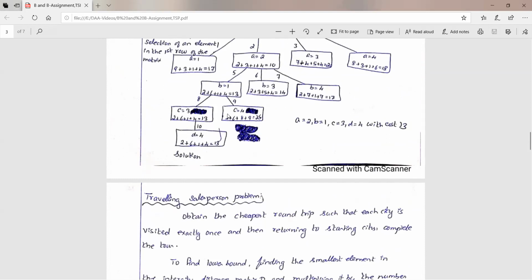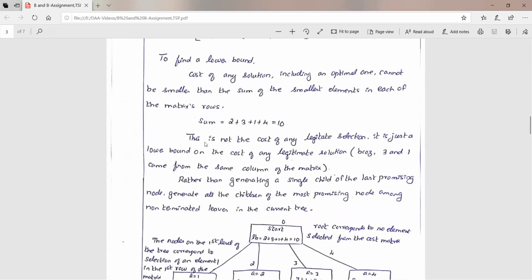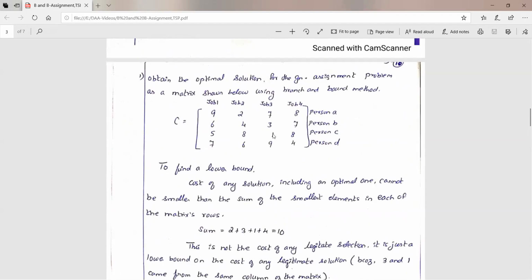Okay. So now out of these two, this will be the lower bound value. So now we consider this. Now the third job is assigned to the person C. Okay. So the left out will be person 4. So now the first job is assigned with the value 2, and the second job will be assigned with the value 6, and for the person C we are having the job 3, which will be 1. Okay. So now person A is assigned with job 2, person B is assigned with job 1, and person C is assigned with job 3.